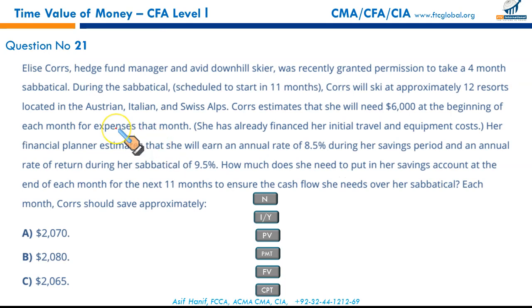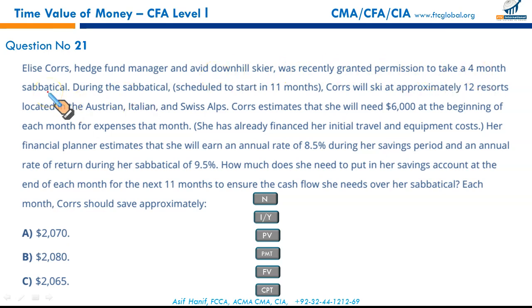Okay, here we go. Looks like a little challenging one, a bigger one. I love questions like these that require some math. Just a minute. Alice Kors, hedge fund manager and avid downhill skier, was recently granted permission to take a 4 month